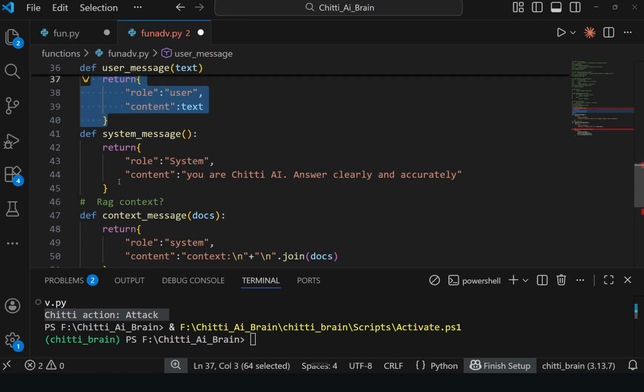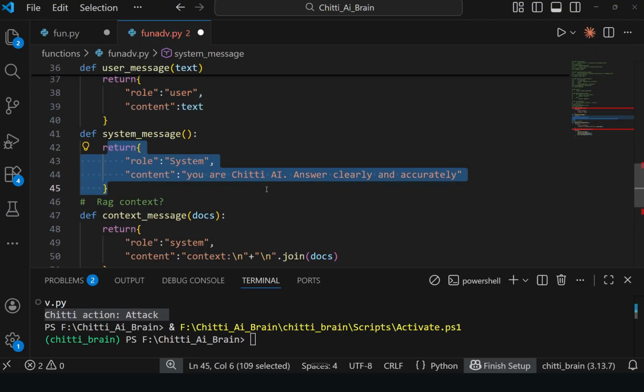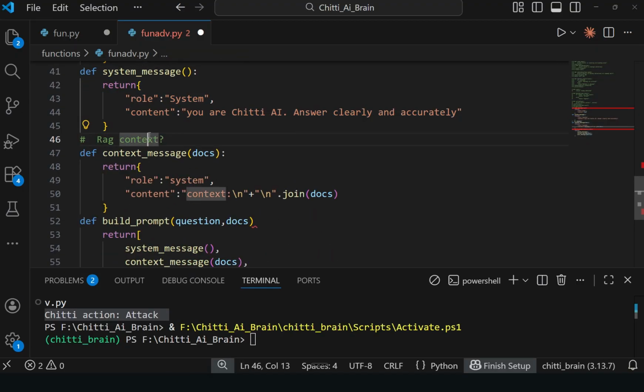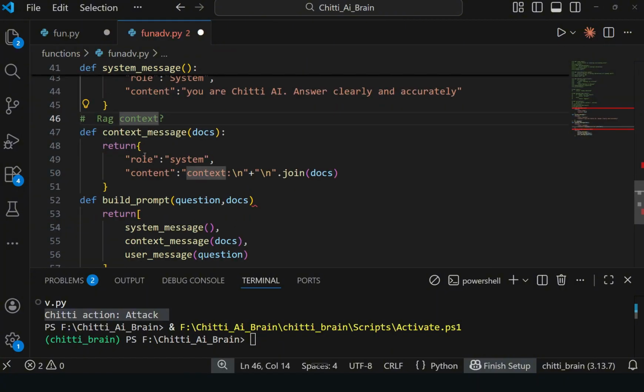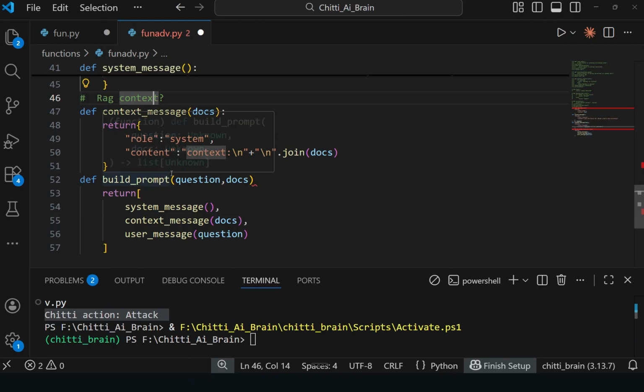Finally, we have to build the prompt systematically for how the LLM should work. So first it reads the system message, then the context message, then the user message, in this way, right? For this context, we will see how the LLM responds. Here, the build prompt has two parameters: question and docs.